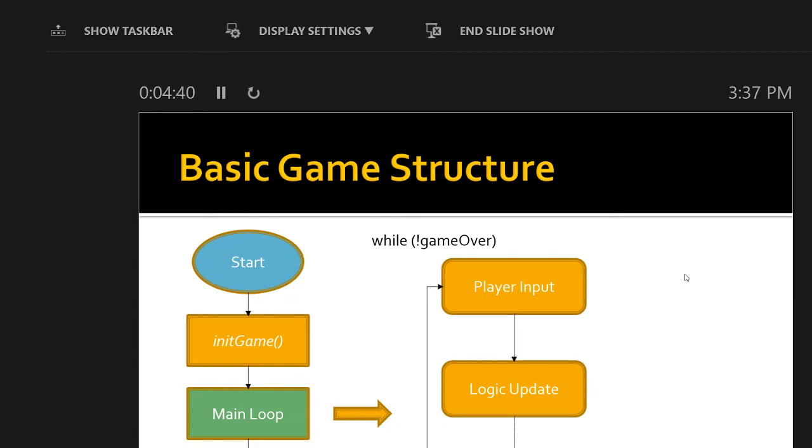Once we've updated the state of the world, then we need to figure out what we're going to render to the screen in that frame. So that comes down to the rendering portion. Probably either next week or in 2 weeks, we'll talk about how we actually render graphics to a computer screen. That's where the rendering takes place, and that's in a sense the output, so you can see what's happening in the game. Then we come back and we loop and do it all over again. This happens as long as the game is being played, and then once the game's over, we can shut it down and exit out.